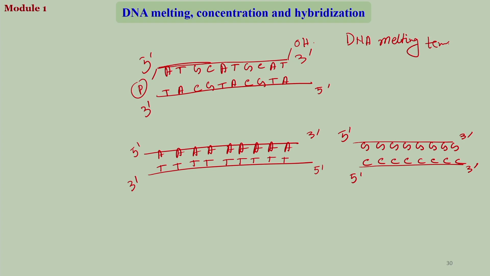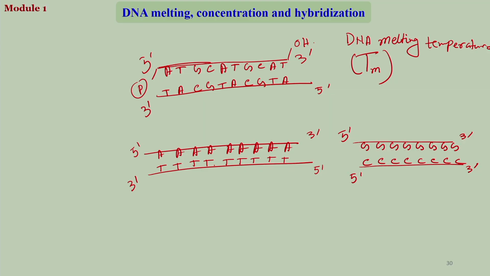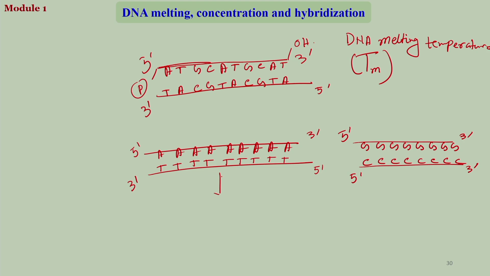DNA melting temperature. In short, this is written as Tm. Now, this is like any other melting point that you know. If you have a compound, melting point means that 50% of the compound should melt away. So, for the DNA case, the melting temperature is the temperature at which 50% of the double strand is melted away